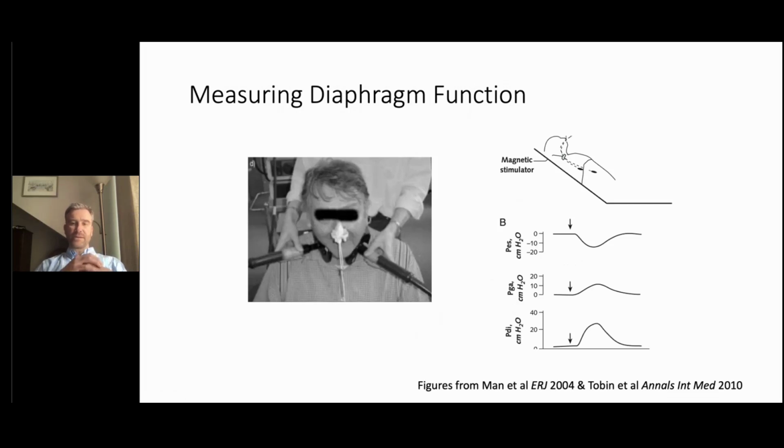Just by way of background, to give you a feel for how we go about assessing the function of the diaphragm, which is the principal muscle of respiration. This is a picture showing the measurement of twitch transdiaphragmatic pressure using a magnet applied over the phrenic nerve. When the stimulator fires, that activates the phrenic nerve to make the diaphragm contract. You'll see a dip in esophageal pressure, while at the same time there's a rise in gastric pressure. The mathematical difference between these two gives you the transdiaphragmatic pressure, and that reflects the pressure generated